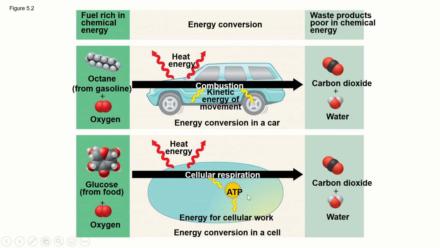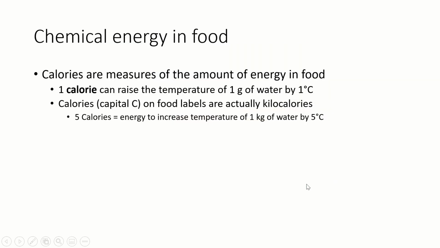First, it is going to be stored in a molecule of ATP. We're going to come back to that molecule in the next section. And then, ATP is going to break a bond that is then going to be used to move things within the cell. Again, it releases carbon dioxide and water, which is why you breathe in oxygen and breathe out carbon dioxide. Okay? All right, now, chemical energy is in all of our food,